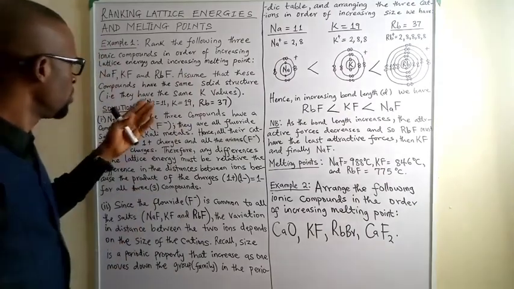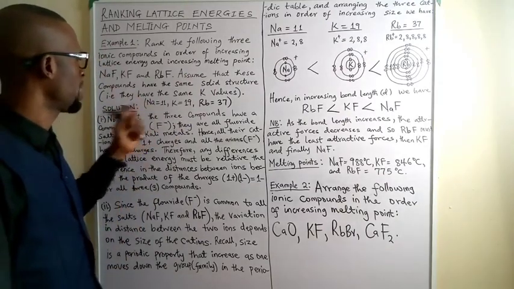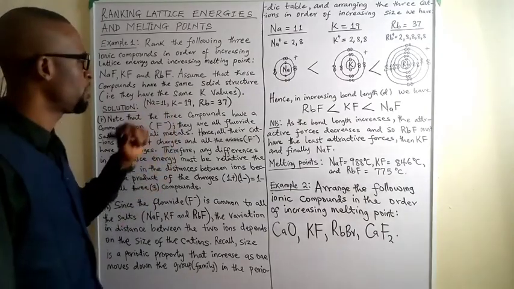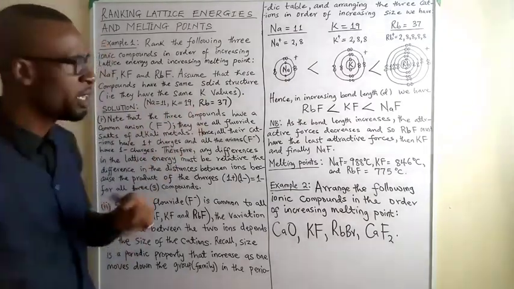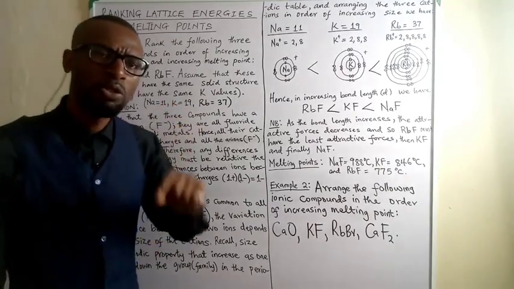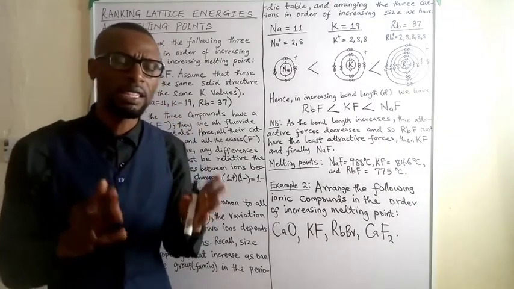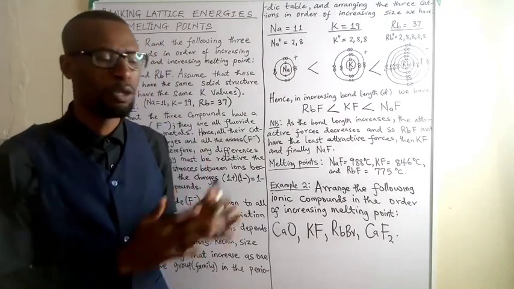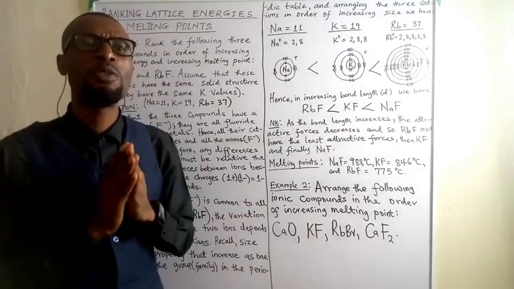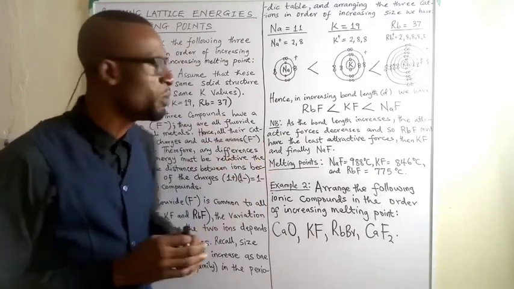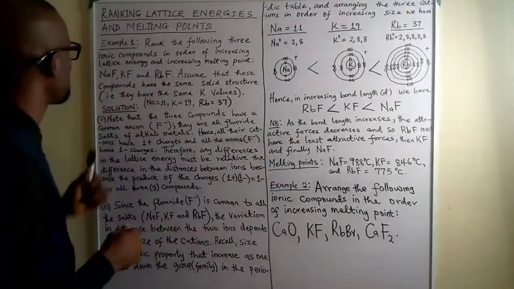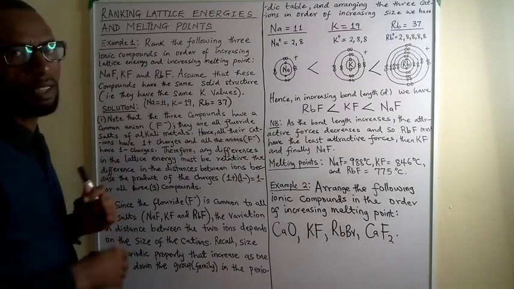Again, knowing that sodium has the atomic number of 11, potassium has the atomic number of 19, rubidium has the atomic number of 37. To tackle this question, it is always important that we go from the known to the unknown. And for us to get the knowns, the meat of this matter, we have to look again at the formula of each of the ionic compounds.